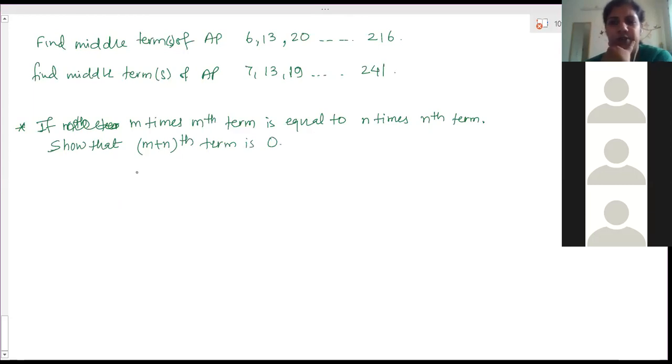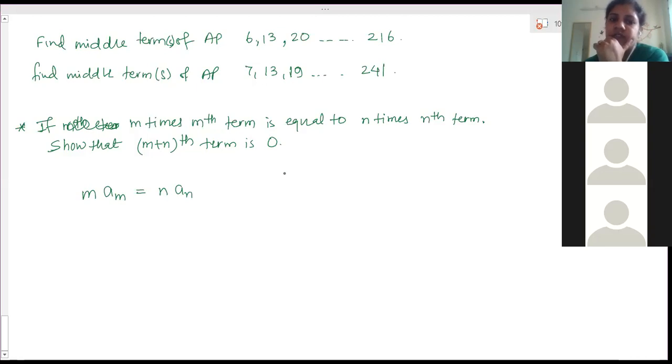So now, till now you have solved all the questions in terms of numbers. Now you have the questions in terms of variables. So 3-4 questions are there. You have to solve these questions because these are again important questions asked in earlier board papers. Now what they have given: m times the mth term, that means m a_m, is equal to n times the nth term. Is this statement clear to you?